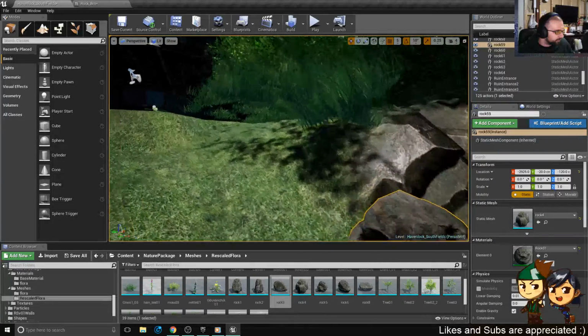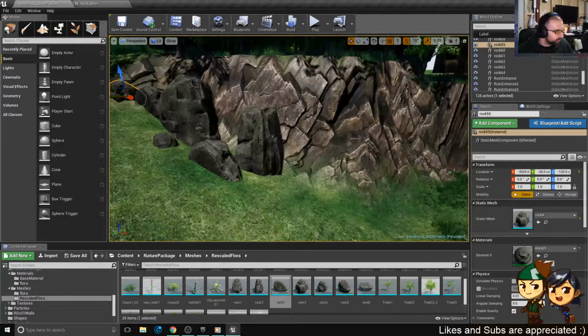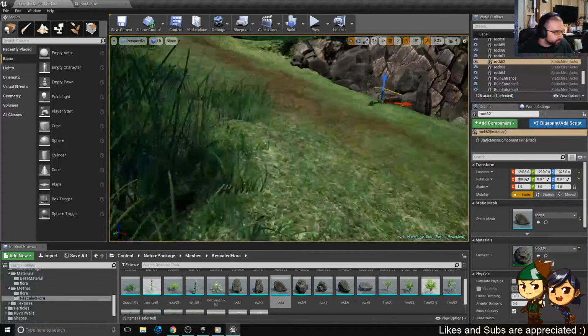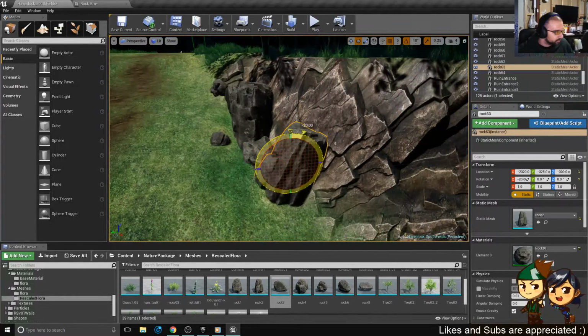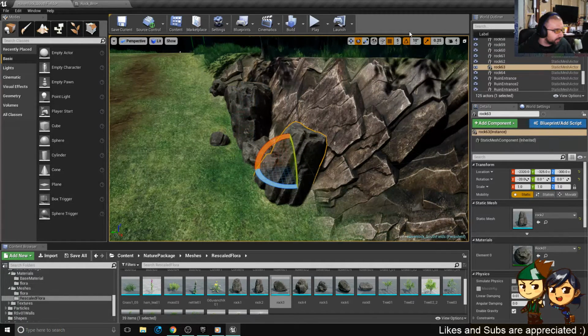Yeah, a little bit of floating grass, which we gotta clean up as well. Alright, what I want to do is actually